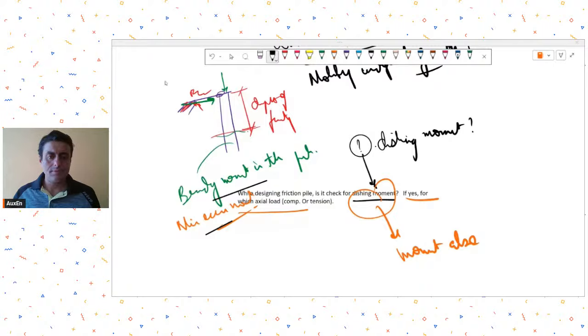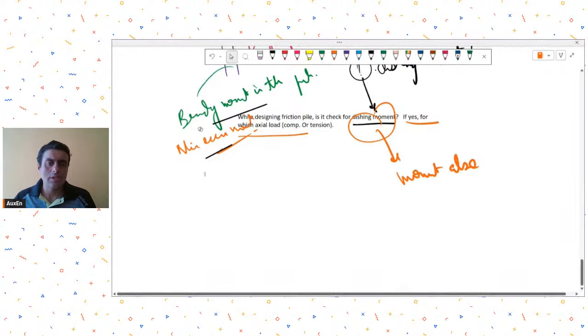Next question is from Mr. Vineet Kabadi. He is asking how to design a basement wall. Consider there are three basement walls, each of height 4.3 meters. So, see, I